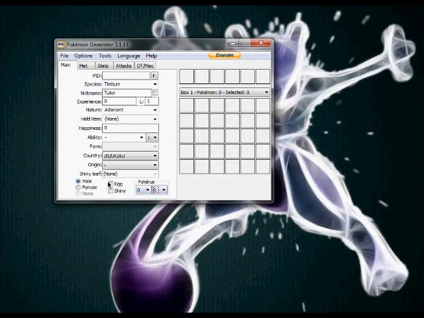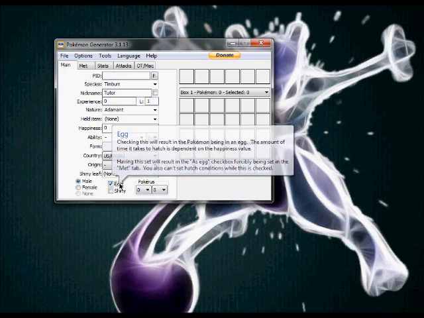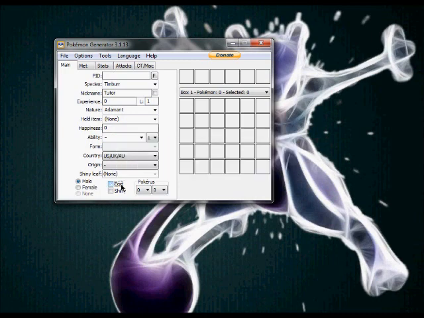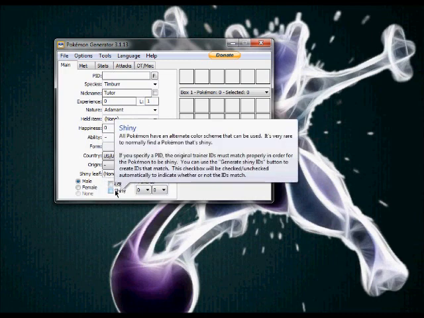Here we go, egg and shiny. If you want to make it, this is one thing you'll have clicked, is the egg, because I want it as an egg, not as a Pokemon. If I get it as a Pokemon, I will automatically delete it, and it will be as if you sent me nothing. Shiny is up to you, but I'll get into a few more details about shiny later,